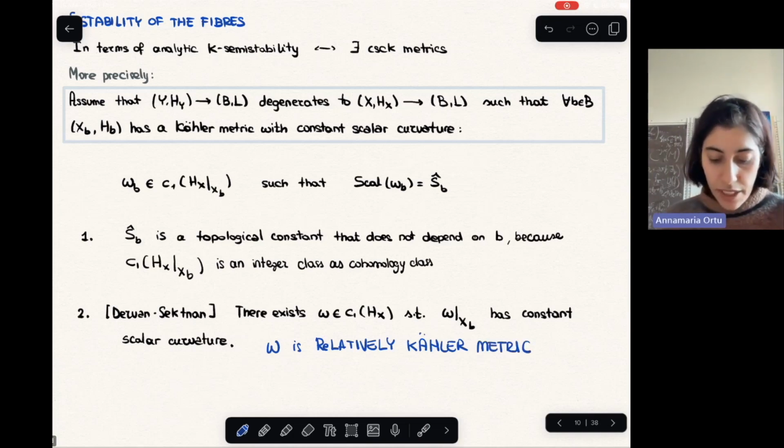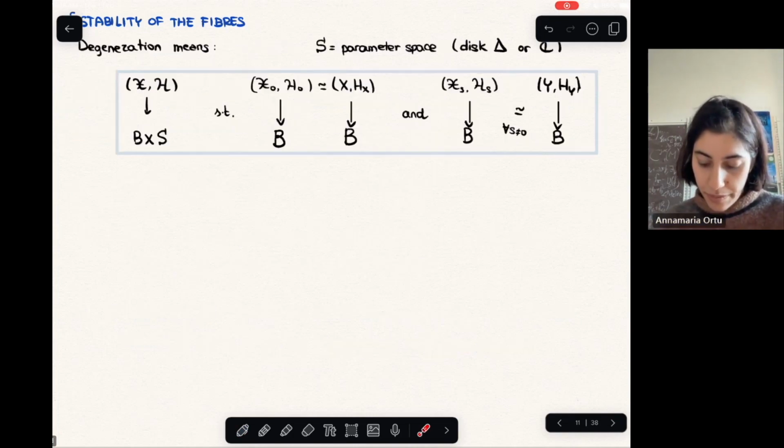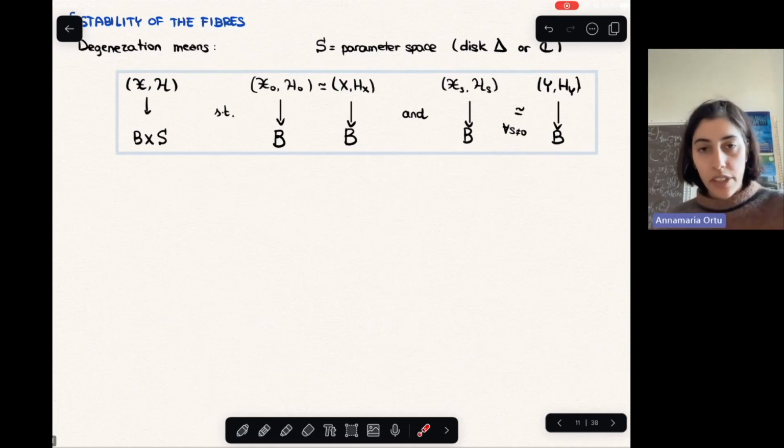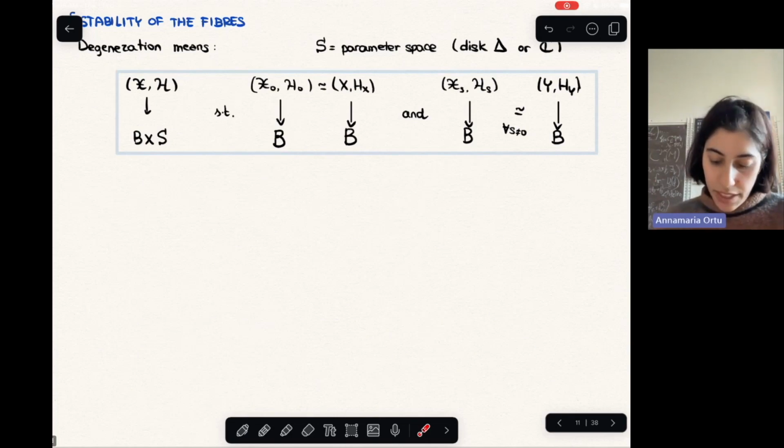And every time I say that something is relatively or holds relatively, I mean that it holds when restricted to the fibers of the fibration. So what does degeneration mean, really? It means that we can find